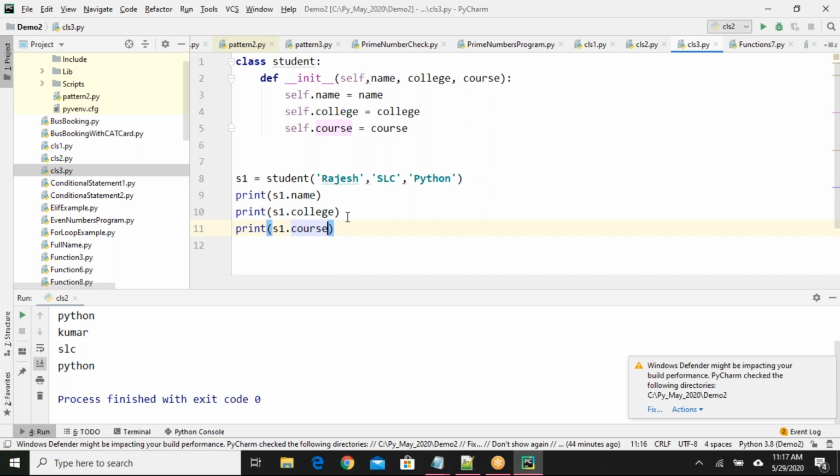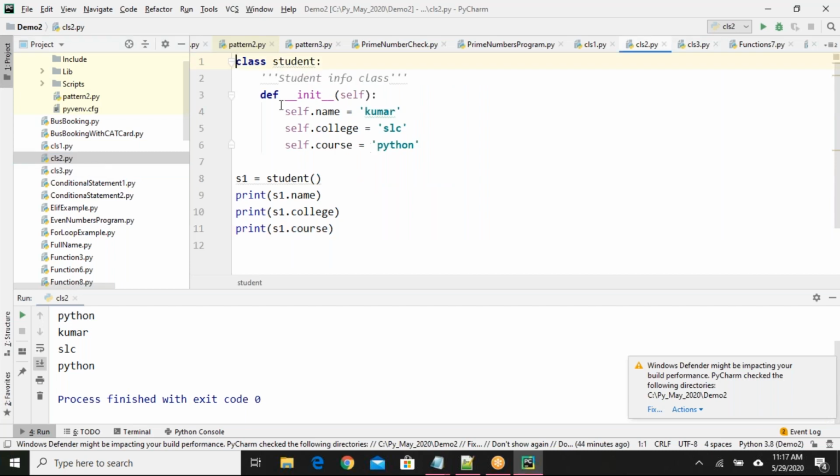Previously, even if I created 100 objects, S1 equals student, S100 equals student, S20 equals student, everyone would have the name as Kumar, the college as SLC, the course as Python. For every object we were providing only the same data, but in real time we need different data for different objects, right? So how can I pass different values here?